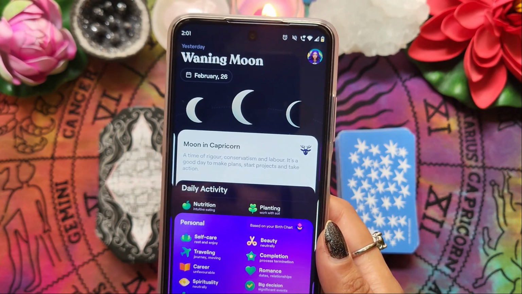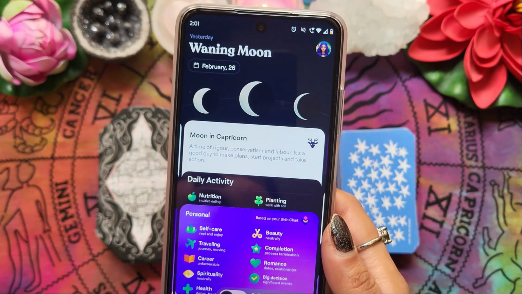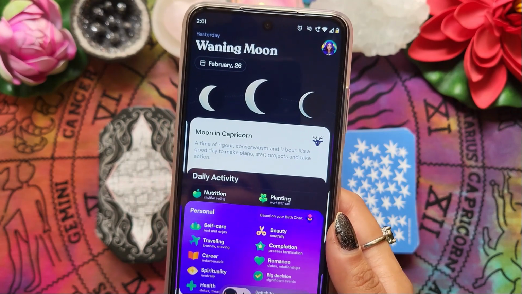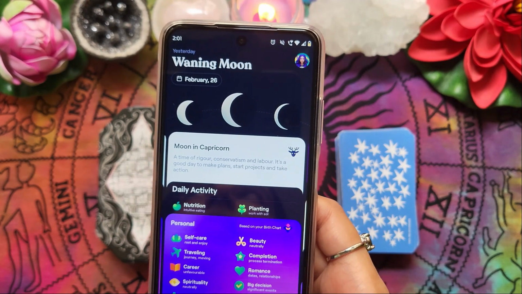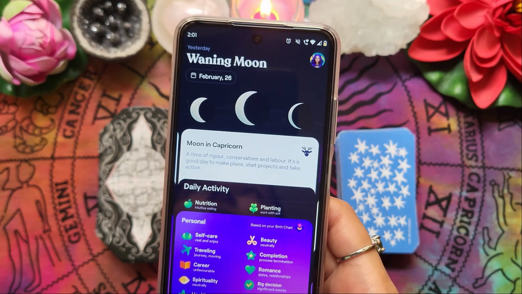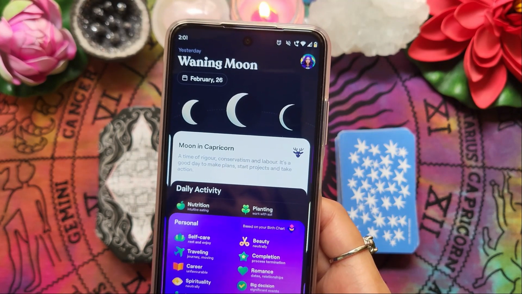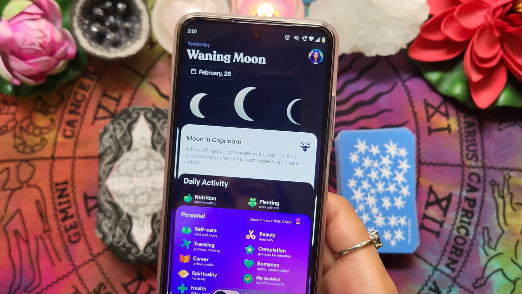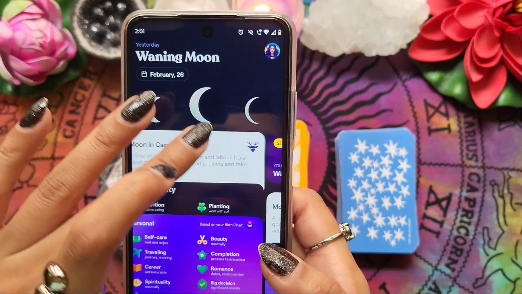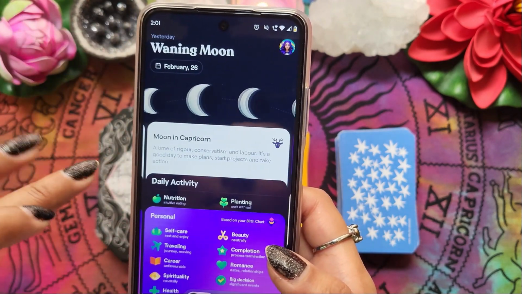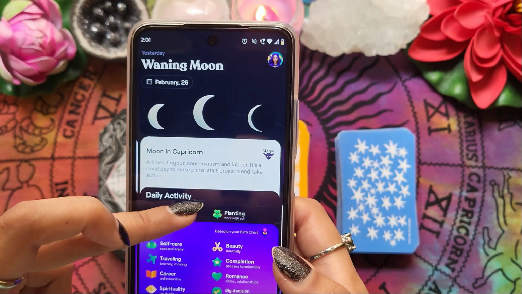The waning phase of the moon is better for self-reflection, meditation, looking at the internal world, manifesting also, and the waxing phase of the moon is better when you gain strength. It's better to take initiatives, go out more, connect with people, be more social. So this is all based on the moon calendar. Moonly has other resources also, but I'm focusing today on the moon calendar.